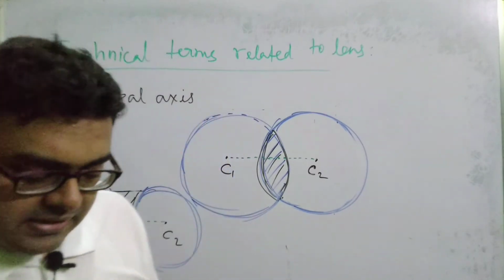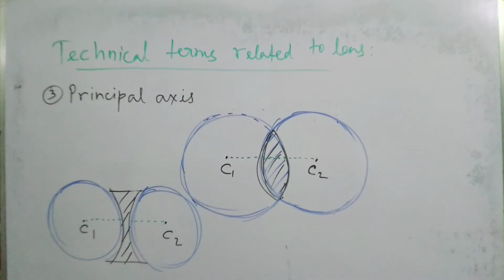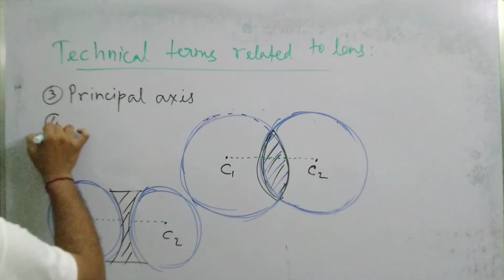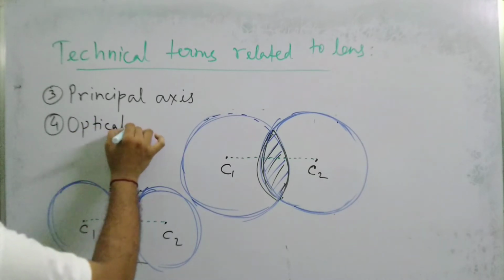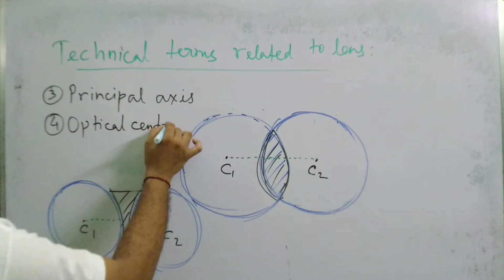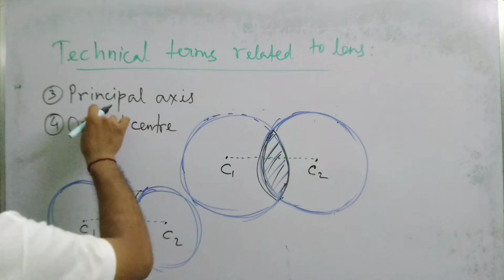That is the principal axis. Now, third point. Okay, so this is the third point. Fourth point coming is the optical center. Optical center. I think in class 9 you have all read about the term